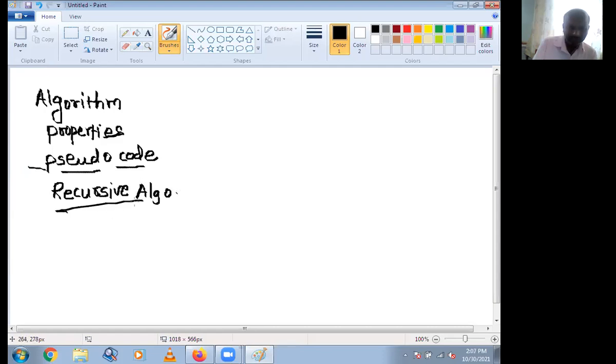Then we have seen the complexities, that is performance measurement.